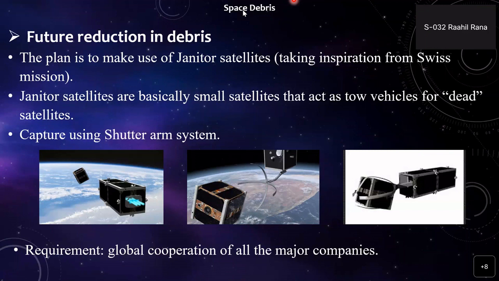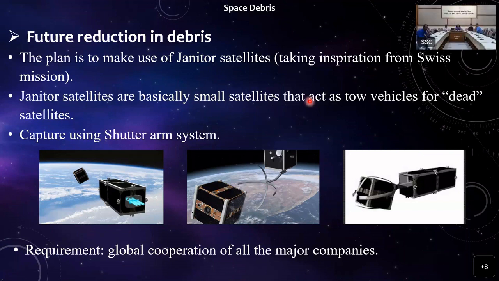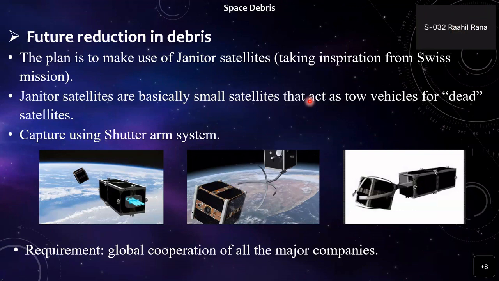Okay, sir. So, concluding, this is our second plan for the debris data collection, which uses janitor satellites. It is basically a small satellite that will be released from our space station, which will go and capture the current satellites which have either been turned off or have other management issues. For this, we would need global cooperation. So as soon as their satellite turns off,